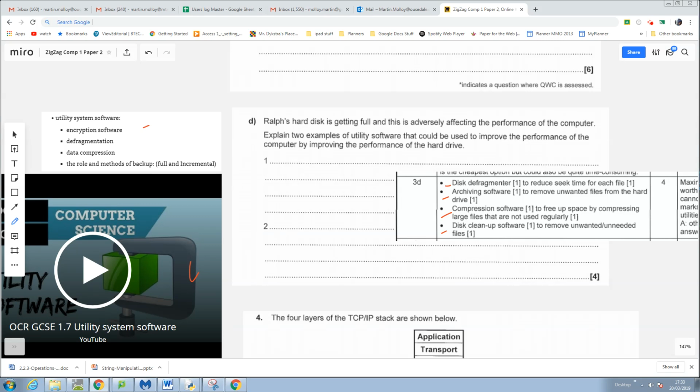The key thing you need to remember about utility software is that it's software you buy only if you've got a computer and you want to improve the performance of the computer. Most other software you buy because you want it to do something for you. You want to buy Windows or Word to write letters. You want to buy spreadsheet software to create spreadsheets. Utility software you only buy if you've already got a computer and you want to improve